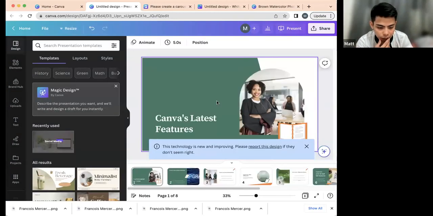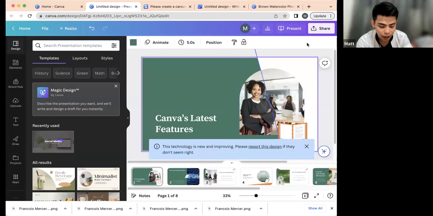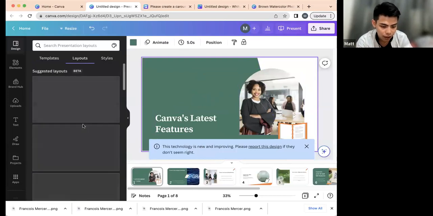So what's good thing about it though is that since Canva already had updated their features, they also updated the layouts and styles. Okay. So once you're already in here on your Canva design presentation, the next feature will be the layouts and styles that we're going to be discussing. Okay, for the layouts,